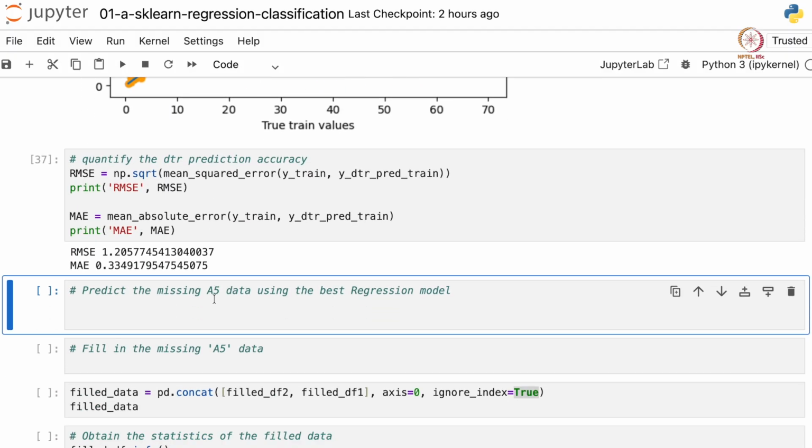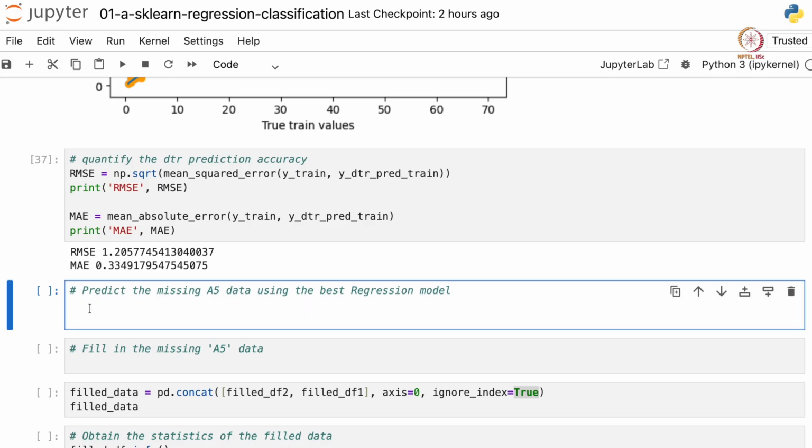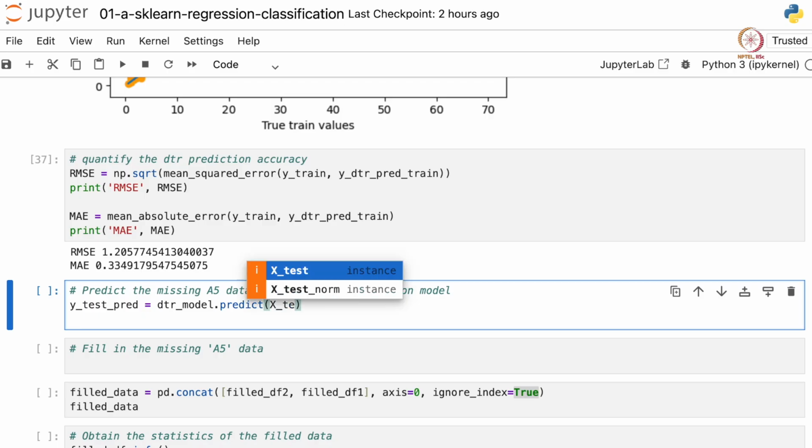Now let's use the better model, that is the decision tree model, to fill in our missing values of A5. For that, we need to predict the missing values of A5 using our test features. So let's say y test pred is DTR model dot predict, and it will use the X test normalized feature.